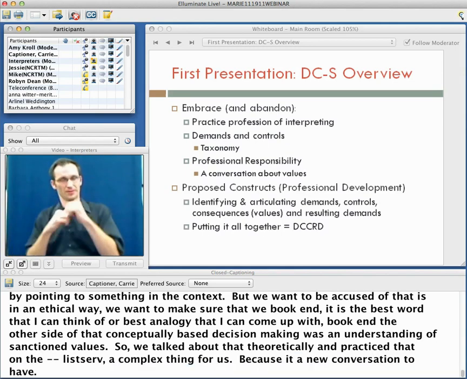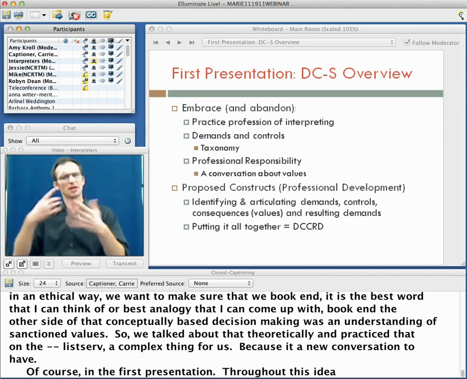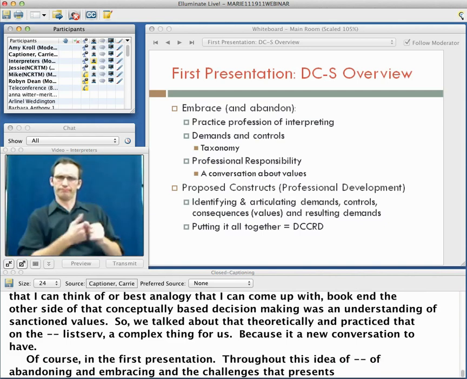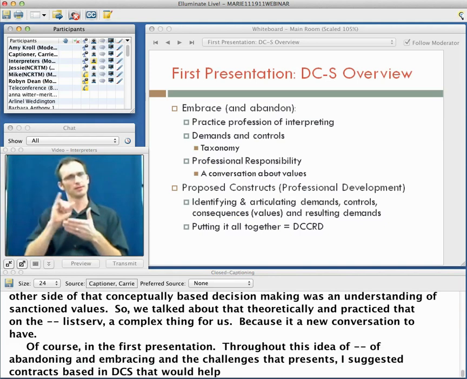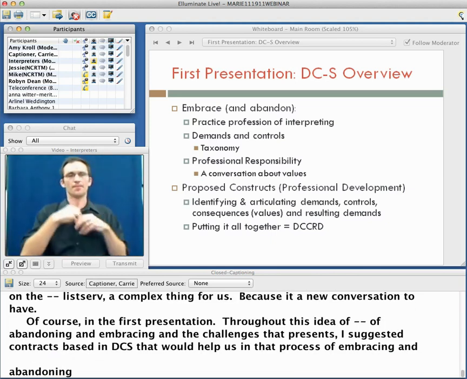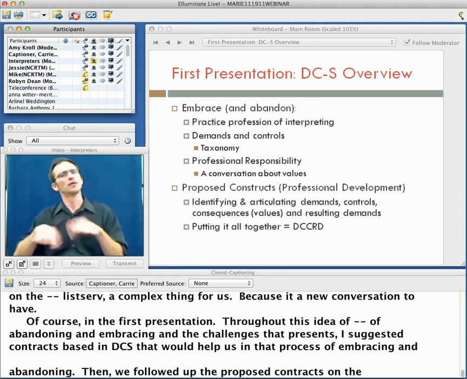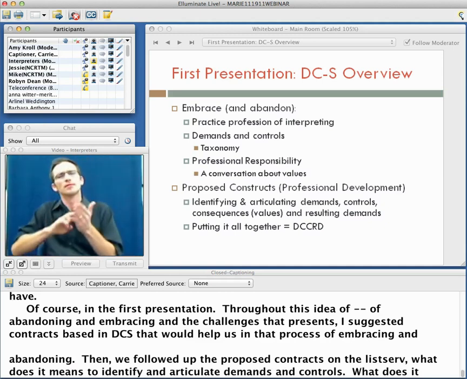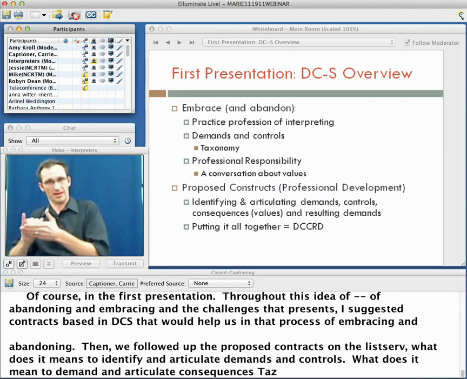And of course, in the first presentation, throughout this idea of abandoning and embracing and the challenges it presents, I suggested constructs based in DCS that would help us in that process of embracing and abandoning. And then, of course, we followed up those proposed constructs on the listserv with practicing what does it mean to identify and articulate demands and controls. What does it mean to understand and articulate consequences as they relate to values? And how do we understand professional responsibility in this idea of